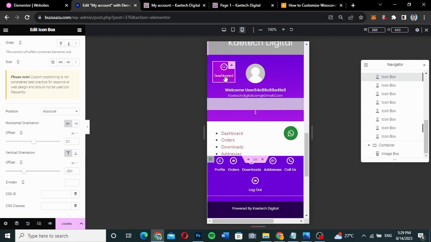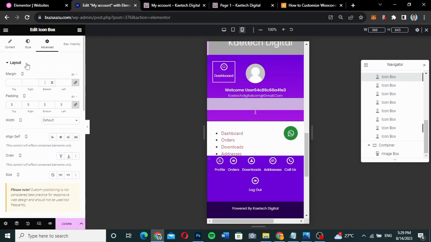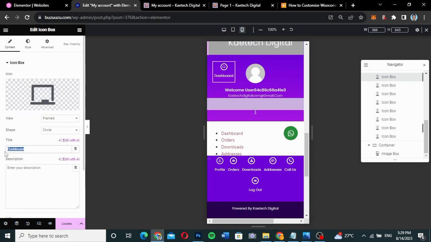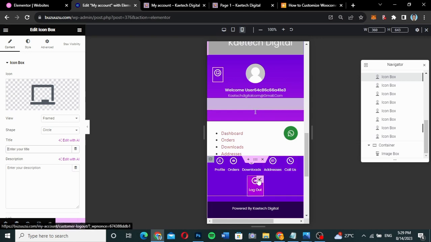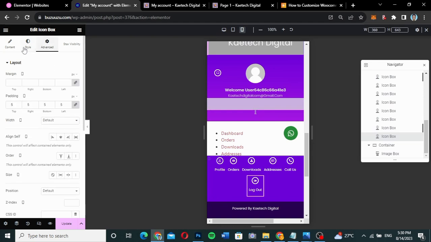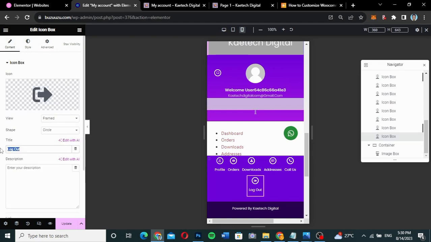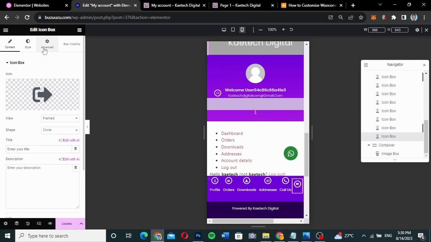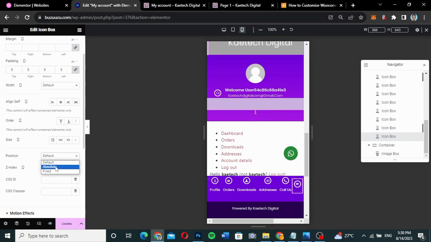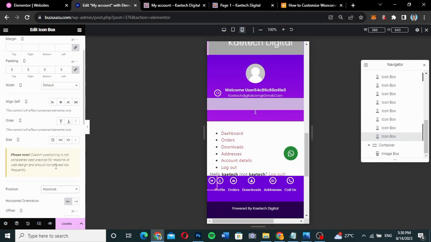So if you don't want the dashboard to be written, you can even go ahead and just remove the word from there, allowing it to be somewhere like this. So we're going to position this one over here, and I also want to remove the logout. So I'm going to go to logout over here, go to advanced, and with the logout also I'm going to just remove the words over there, go to advanced, and with the position I'm going to say absolute. Okay, and then I can just drag it over the